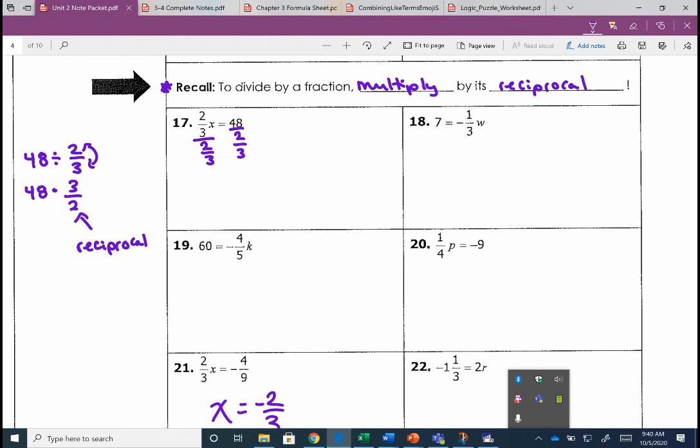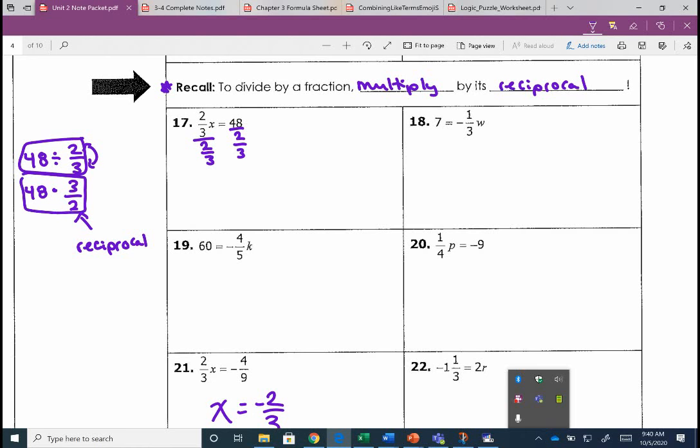Now, since we do have the calculators to help us out, we really can just divide by a fraction in our calculator, and that's okay. Again, I apologize, I cannot get my calculator up on the screen. So I'll try to talk you through it. We can use the ABC key. You have your choice. You can do 48 divided by 2/3, or you can do 48 times 3/2, whichever works